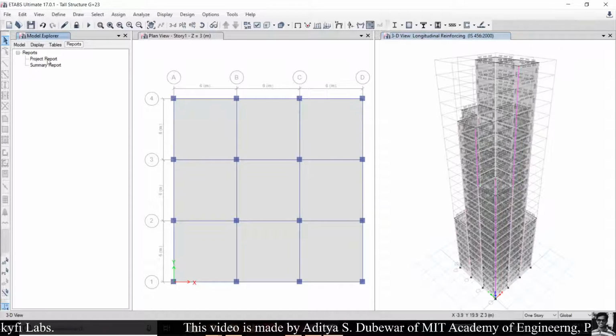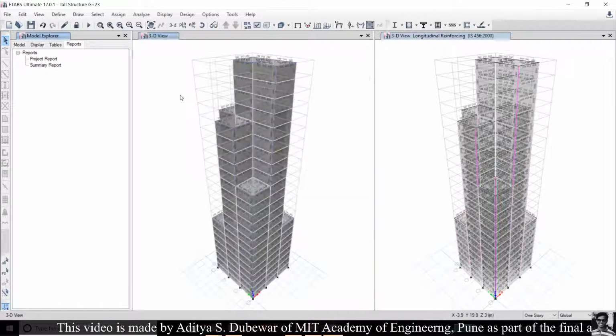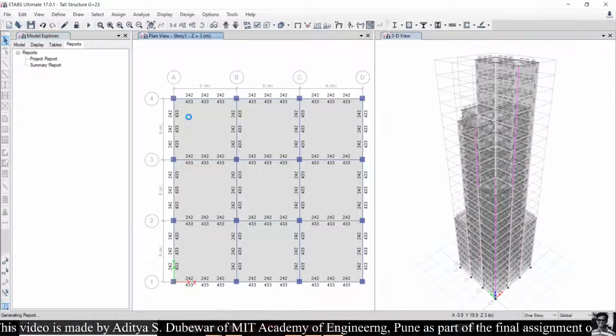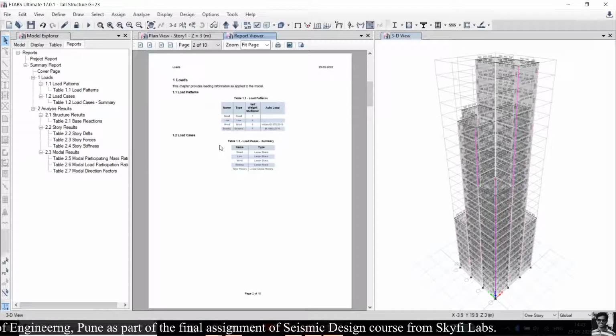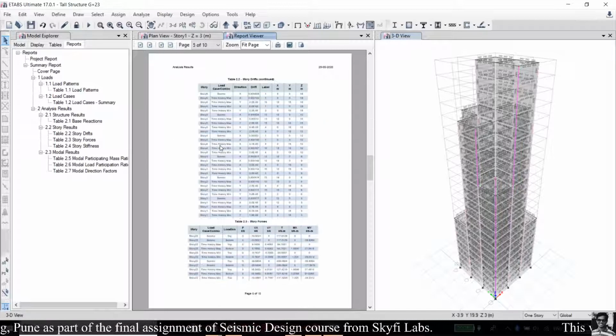To see the details, click on the summary report for getting details like frame section details, section properties, material properties, and other details which are required for the execution of the structure, like this.